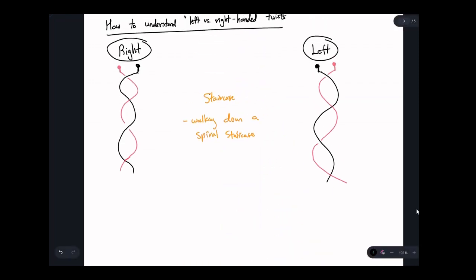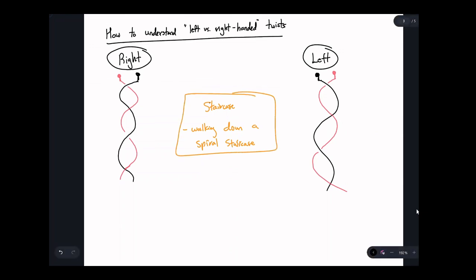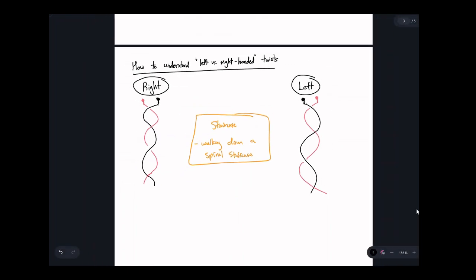So going back up to the DNA, the right-handed helix, if you're to imagine walking down this black strand, on top and then behind, you'd be turning right. Same thing here for the left. On top and then behind, you'd be turning left. So imagine that analogy is a helpful way to be able to look at left versus right-handed helices. For DNA,